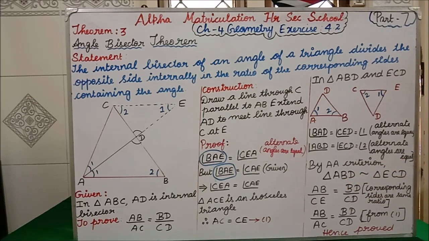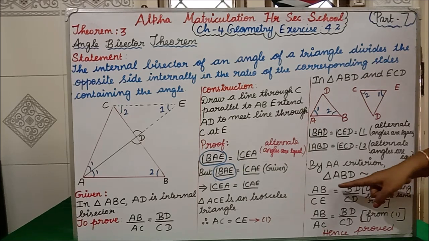Now, otherwise how can we write? Here angle 1, 2 is there. So, see here angle 1, this side angle 1 and 2 we are having. Similarly, in this triangle where you are having 1 and 2 in C side, isn't it? So, for this AB now, the corresponding side is what? CE. So, like that also you can write. Otherwise, if you are writing here itself correctly means we can write directly.